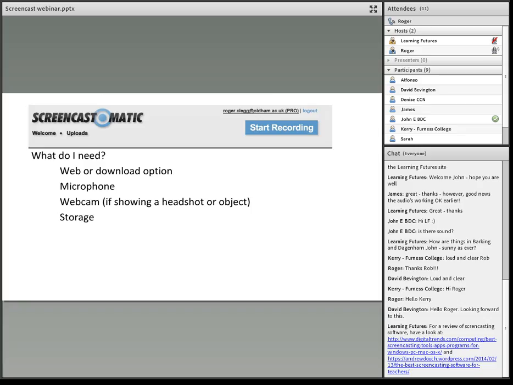Okay, so why did we use Screencastomatic? Other than the fact that there was a free version and the professional version is very low cost, it was based on the web. Here at Oldham College we have an excellent, I'd say almost outstanding, IT support team, but they're extremely busy. So if you want something doing, you do have to request it, and you'll have to wait a day or so. With Screencastomatic, the web version, as long as you've got internet access and the latest version of Java, there are no downloads required. You can just start recording and away you go.